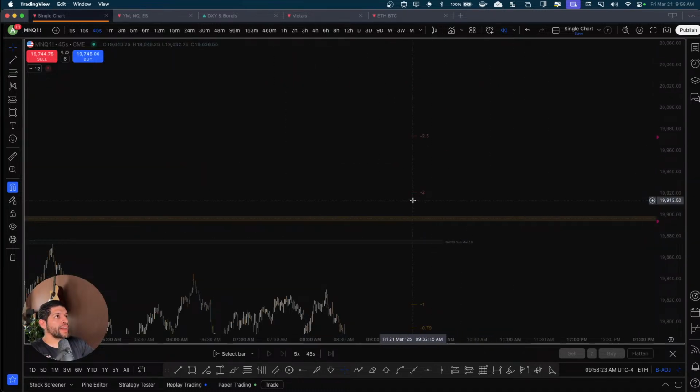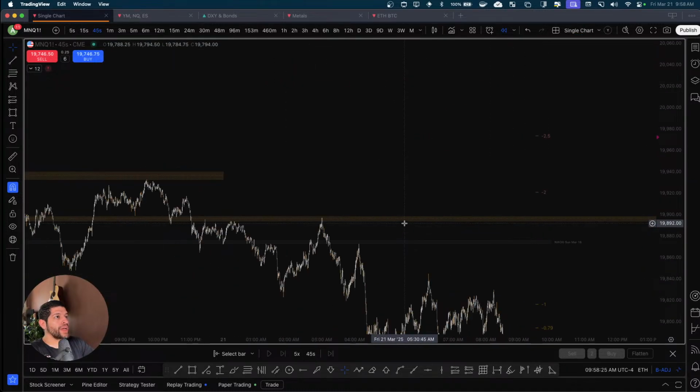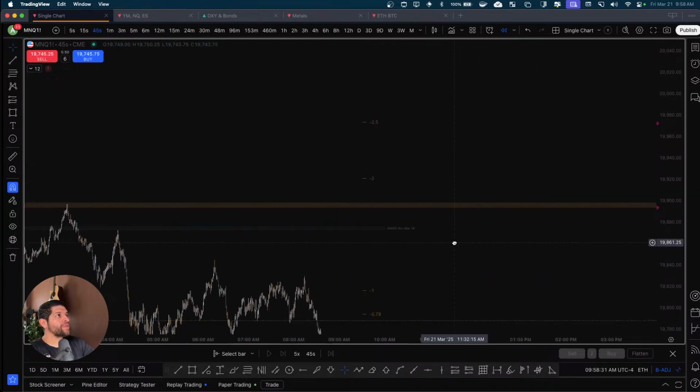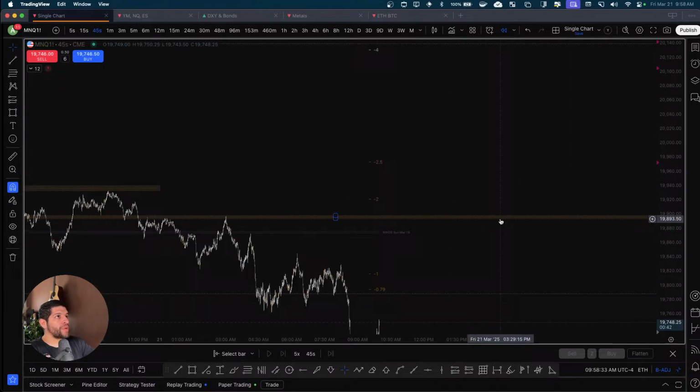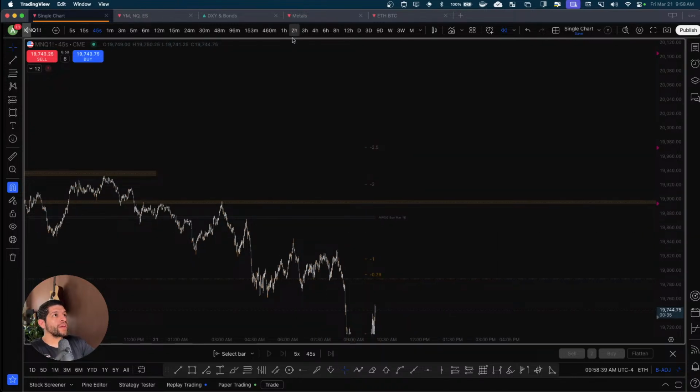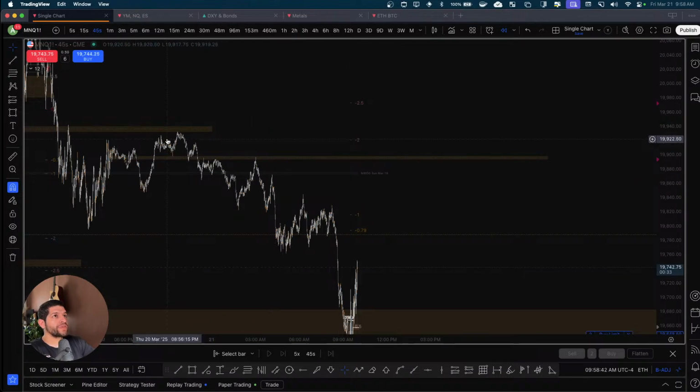We know that -2 standard deviations, right? We have a new week opening gap. We have this liquidity right here and this liquidity. I would be looking to take either partials or targeting this area before coming all the way up here. Remember, we don't have any sort of high time frame imbalances. All of this price action has been efficient, but we do have